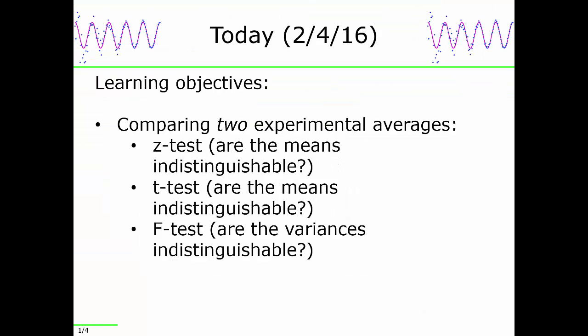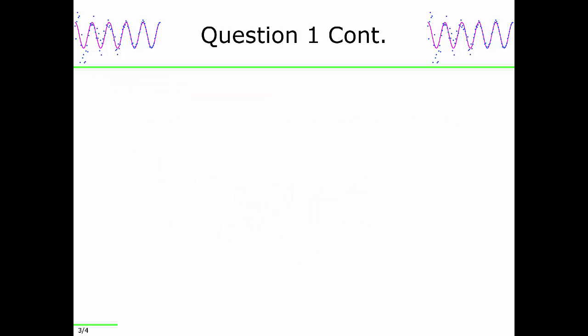and ask what happens if we're now evaluating the difference between two experimental measurements. And we're going to start with a hypothetical that you're not likely to encounter experimentally based on the z-statistic. So if we know sigma in advance, how do we evaluate whether two experimental means are within tolerance of each other? So the null hypothesis